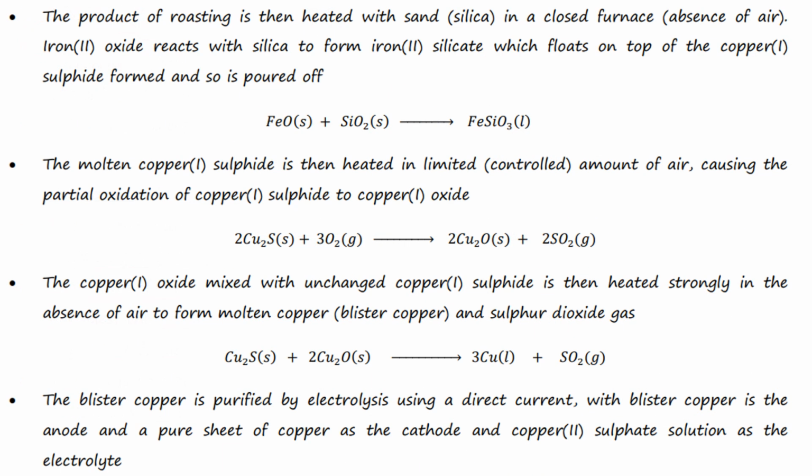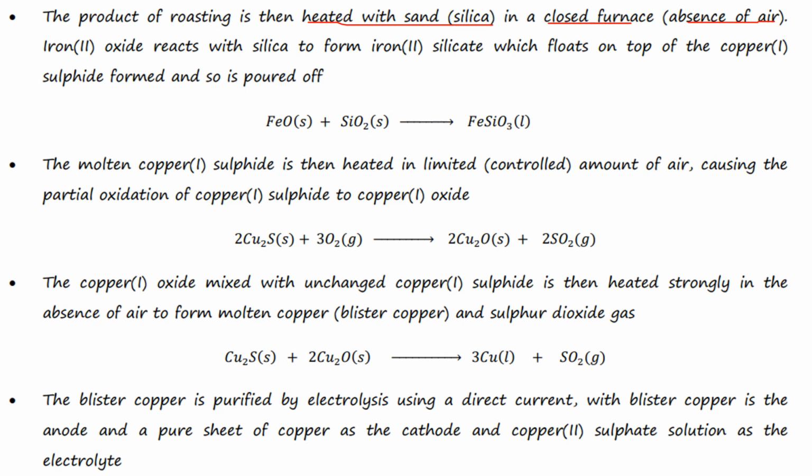Now, after roasting our ore, the products after the roasting are going to be heated with silica in a closed furnace. A closed furnace means in absence of air, and that's what I've been telling you. We do it in absence of air because the majority of the products can undergo oxidation. You have seen that copper is not in its stable oxidation state, so we do it in absence of air,